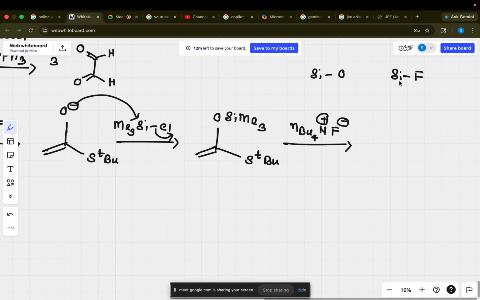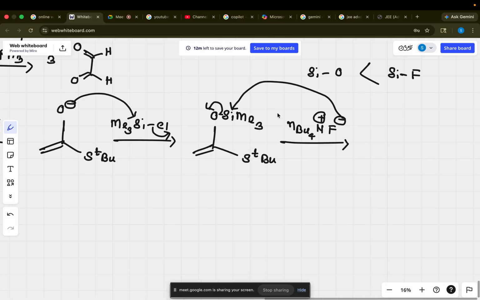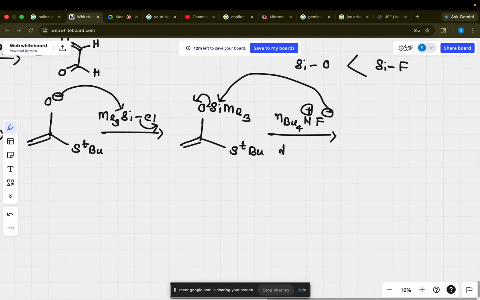Fluorine, right? So this silicon fluorine bond is actually much stronger than your silicon oxygen. So F minus will attack on the silicon center, and this bond breaks. So basically this is a deprotecting reagent,